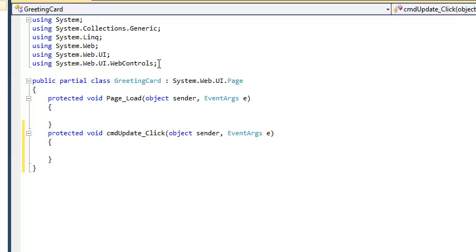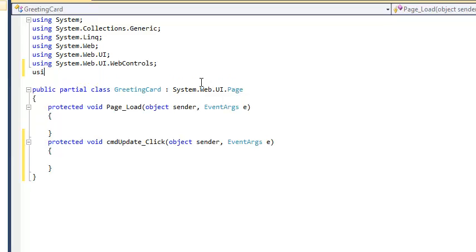_click. But before that, we need to add a library, because of course we need to use some classes inside the C# code. So I will add this library, using System.Drawing. Only this namespace or library we need to import into our web application. So done. Now this namespace is imported, then I can start writing my C# code inside the command update underscore